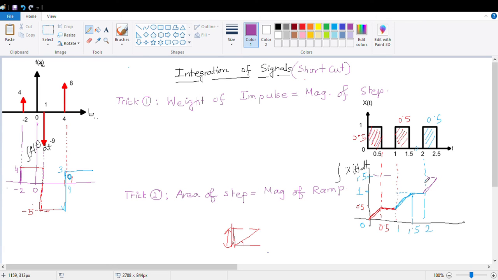This is the unit ramp because this is 0.5, this is also 0.5. Now at 2.5, what will happen? As there is no signal we are getting, we will consider that the ramp will be at zero slope. So this will be the figure of the integrated signal of this. Without having the mathematical expression of the signal, just by observing the signal, we can draw this. Understood? Thank you.